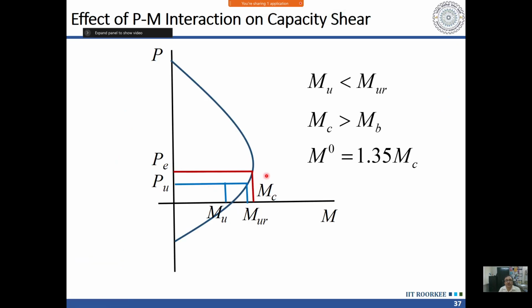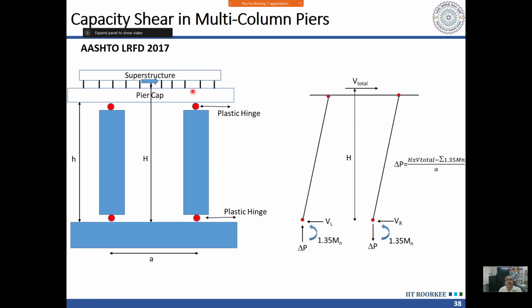The axial force is increasing, so we can see that the moment capacity is also increasing. So we have to consider this increase in the moment capacity of the pier due to increased axial force. So we have to use this value of Mc. So I should know what axial force will actually occur during earthquake in my pier. That can be done. The procedure for that is available in ASTO, so we can do that. It is an iterative procedure, a simple iterative procedure.